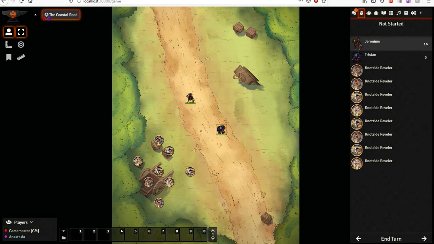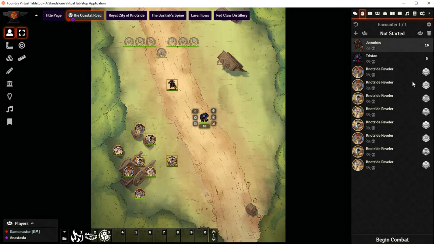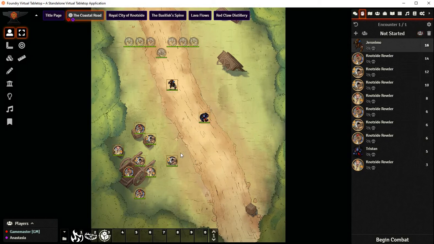There's a 5 for Tristan, not so good. Over here, I could roll these individually if I wanted to, or I can just roll all, puts them all in, automatically sorts them. Geronimo's going first, good job Geronimo. So,